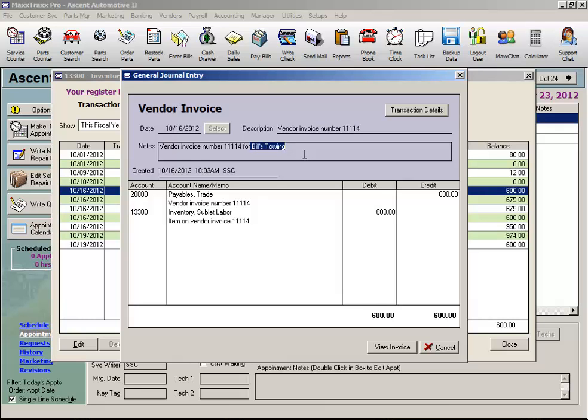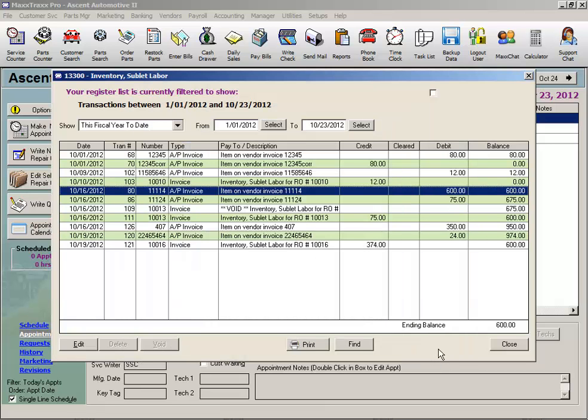And that was for a heavy truck that we worked on that we had to tow back to the shop from another county. This would be an example of a sublet that we know we're not going to charge the customer. So let's cancel. And since I know I'm not going to sell this sublet, creating a credit here, I need to do a general journal entry to manually move this sublet valuation to cost of goods sold. Let's close,